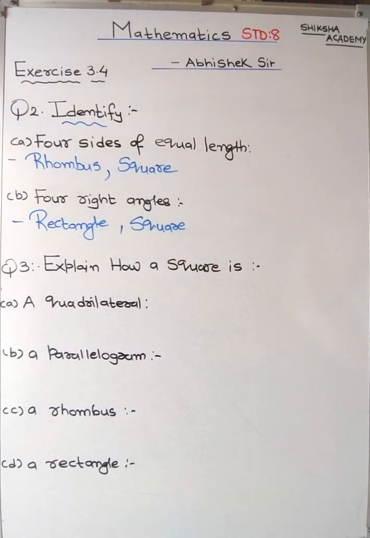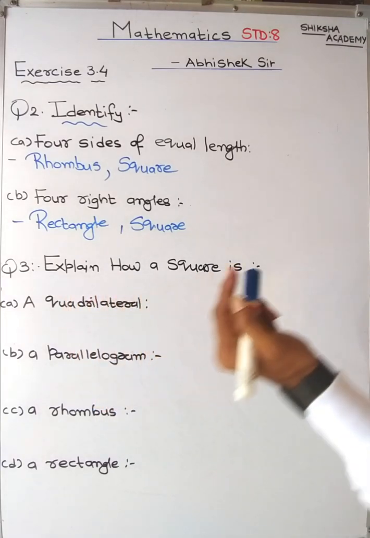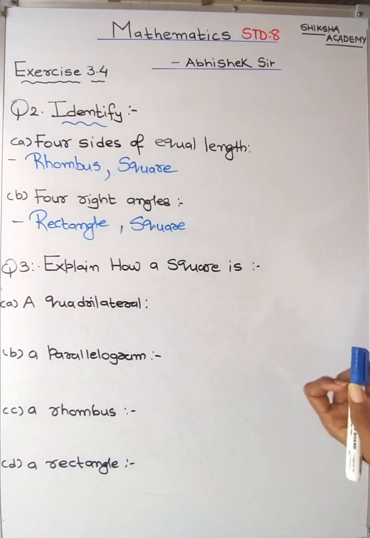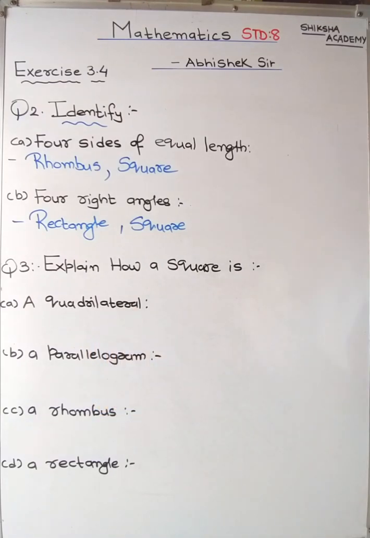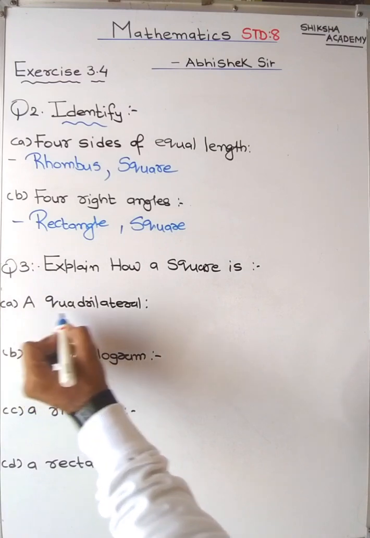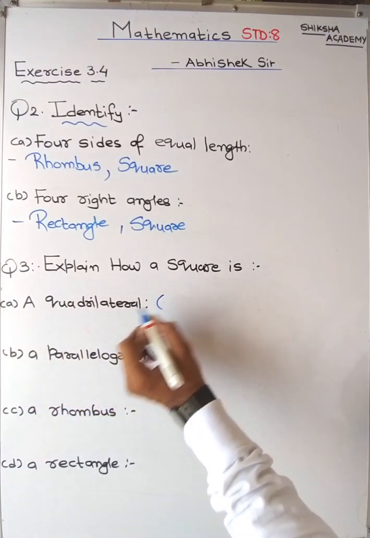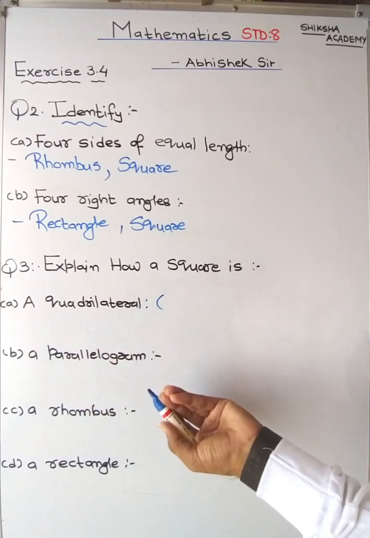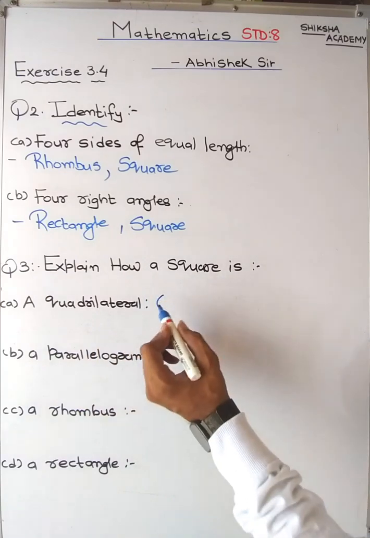Now moving on to question number 3, explain how a square is a quadrilateral. So what we are doing is we are giving the reason how a square can be a quadrilateral. Clear? Now a quadrilateral has four sides. Clear? Same way a square also has four sides. So that is why we can write that